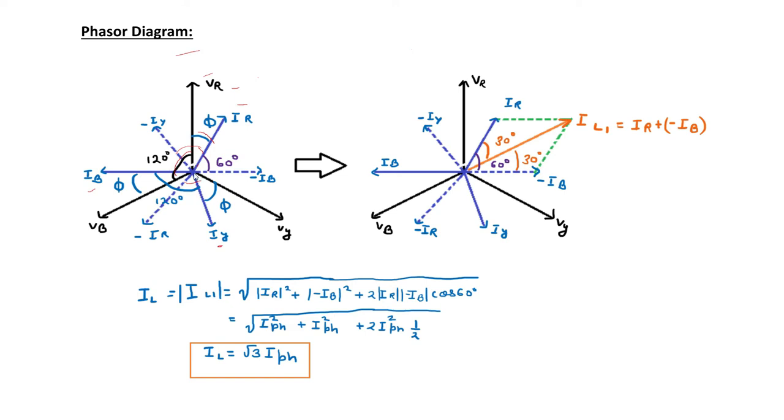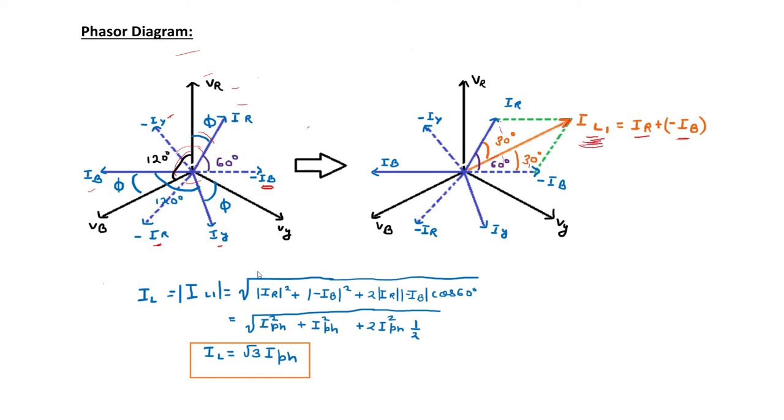And now we will extend these IR, IY, IB in the opposite direction. So here we get minus IB, minus IR and minus IY. And we have just seen that this IL1 is the vector sum of IR and minus IB. Therefore, this is your IL1, making an angle of 30 degrees from each of these quantities, and we will calculate its value